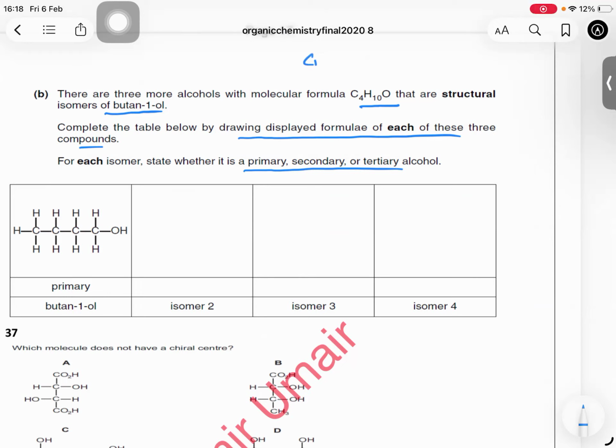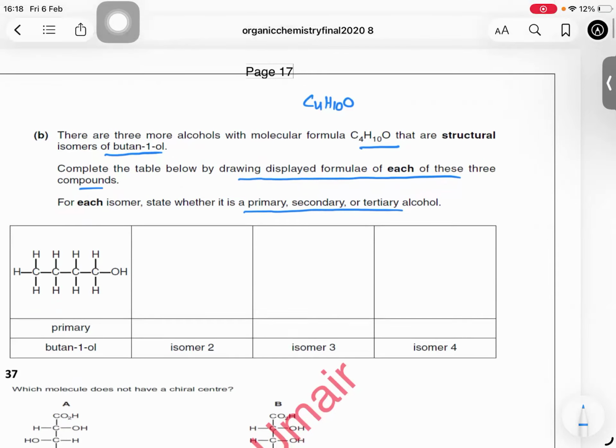So he's asking for C4H10O isomers. We have learned how to make C4H10O isomers, right? 1, 2, 3, 4, OH. The chain is already made. We have done this before. First, you make chain isomers, then position isomers. Okay? So just put it in the second column. You just have to make 3 more. Not all of them. If you make the position isomer for this butan-1-ol,